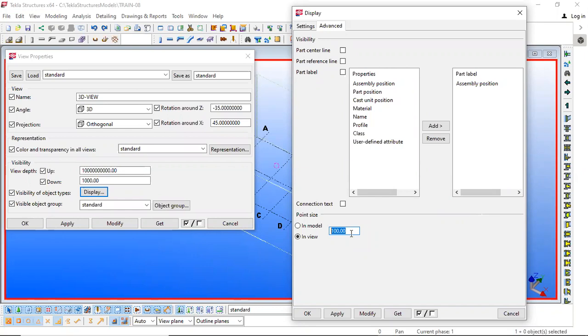In some bigger models, it is not easy to identify small points. So at that time we can increase this to 1000 or 10,000. Then the grips on those points become bigger, and you will be able to see those points clearly.